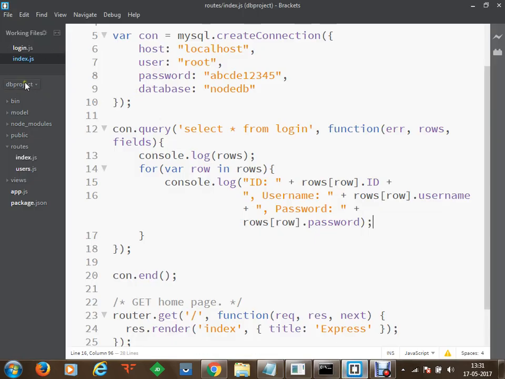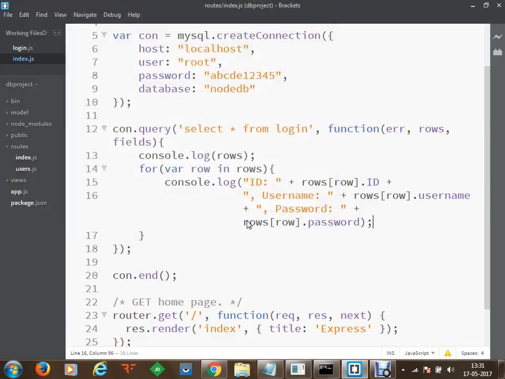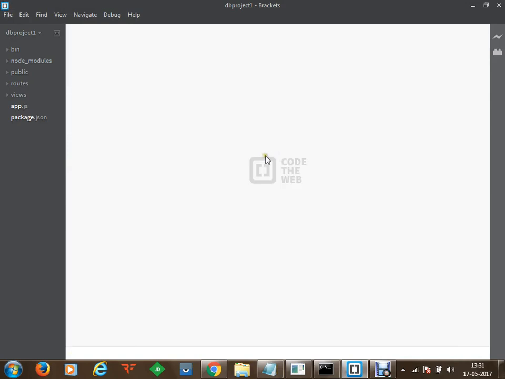Within Brackets, we are going to change the project from DB project to DB project 1. We'll open our project, and as soon as we open it, we get the new project here.